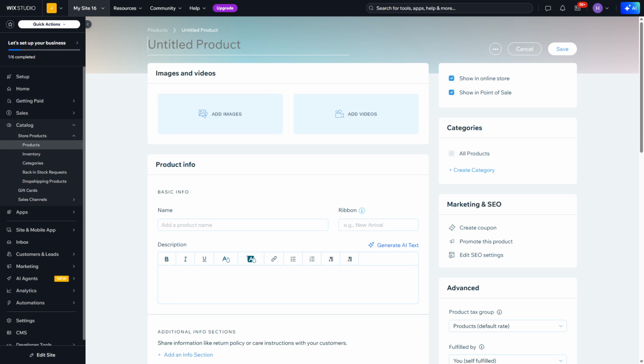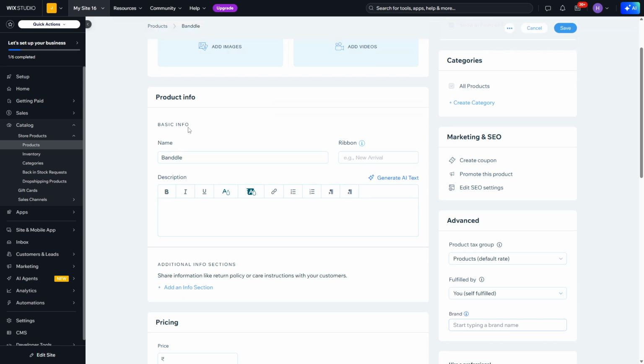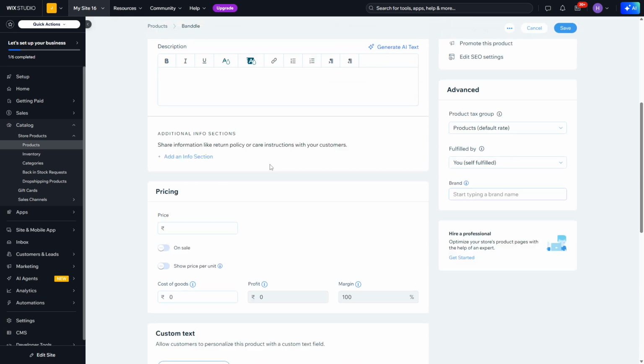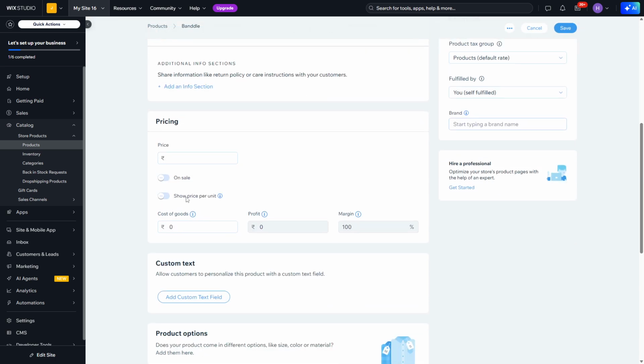product. Next, let's move on to adding essential details that your customers will see. Begin by giving your bundle a catchy name. It should be descriptive enough to convey what's inside, but also enticing to spur interest. Alongside this, craft a detailed description that clearly communicates what the bundle includes and any benefits your customers would gain by purchasing it. Then, you'll need to set a single price for the entire bundle, keeping in mind your costs